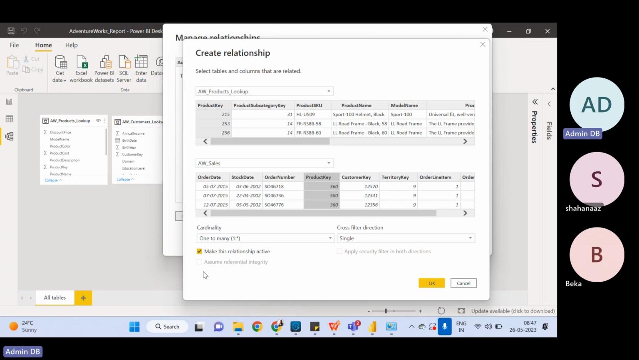And then if you see at the bottom, there is something called make this relationship active, right? So for now, I'll keep it ticked, and I'll talk about relationship active and inactive also. So I think we are good with this one. And then as soon as you click OK,